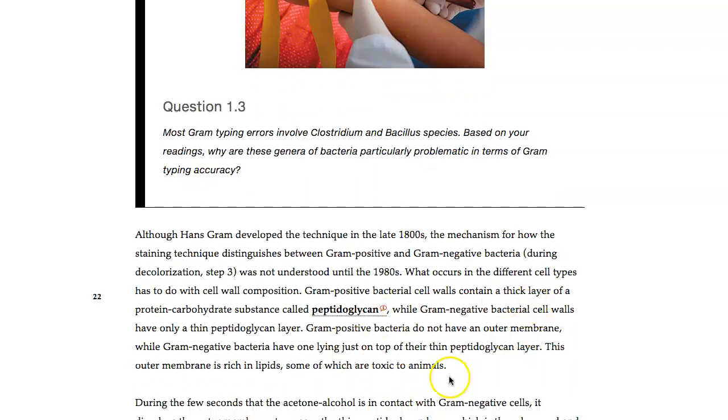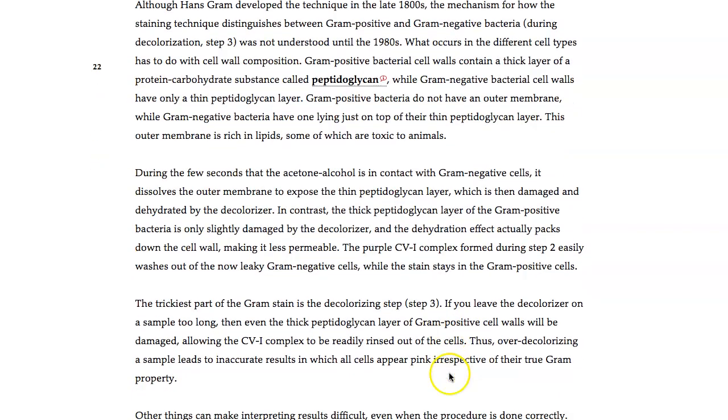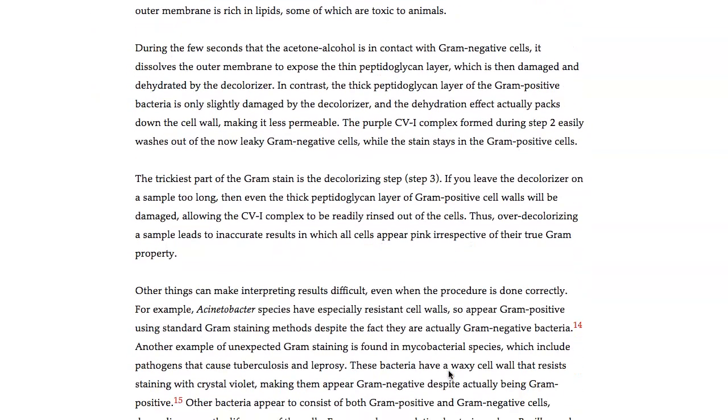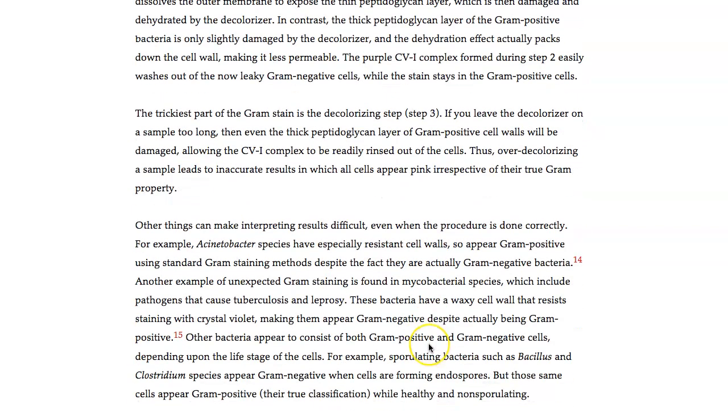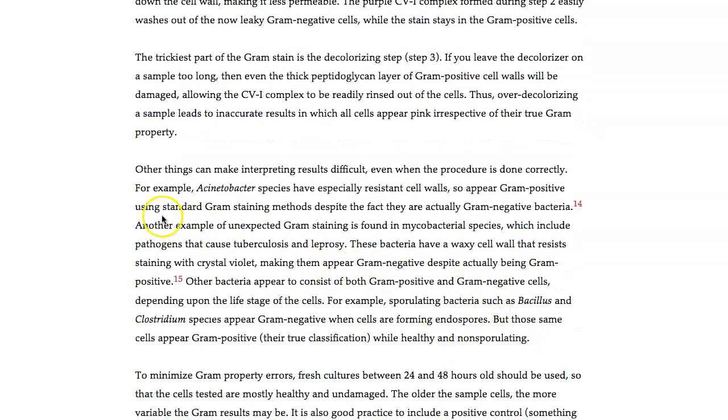Okay, so you can read this over, which explains very carefully the actual Gram procedure. So they're talking about different types of gram-positive and gram-negative. And here we have,